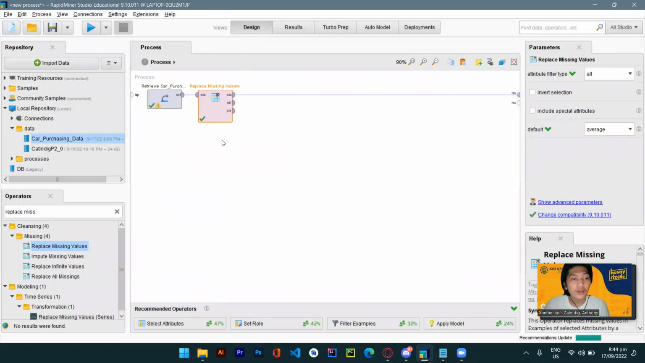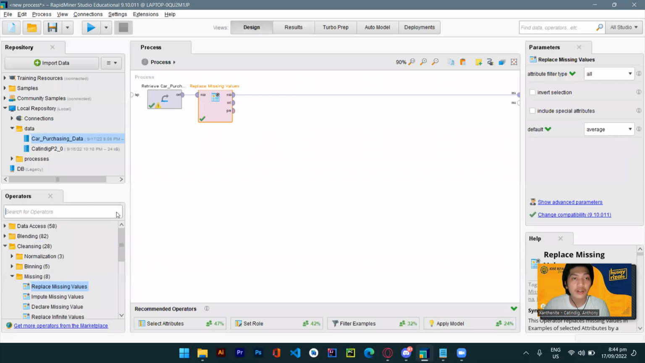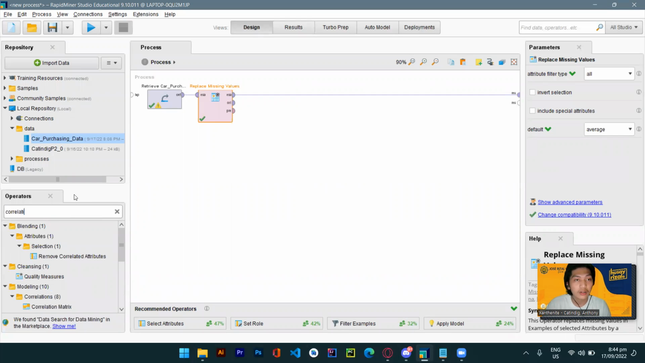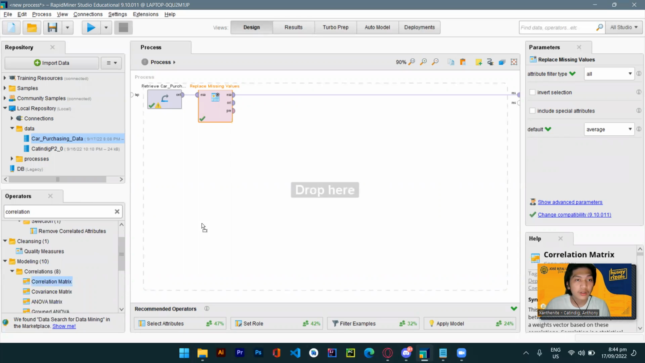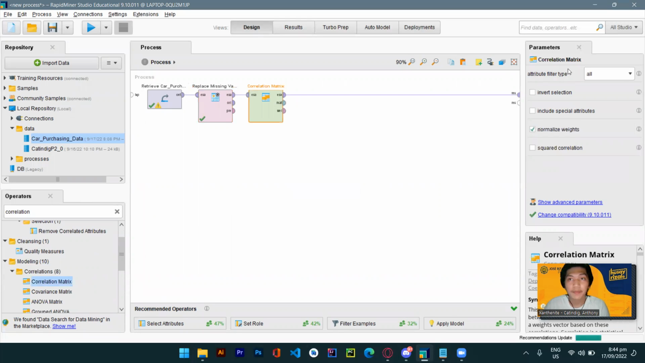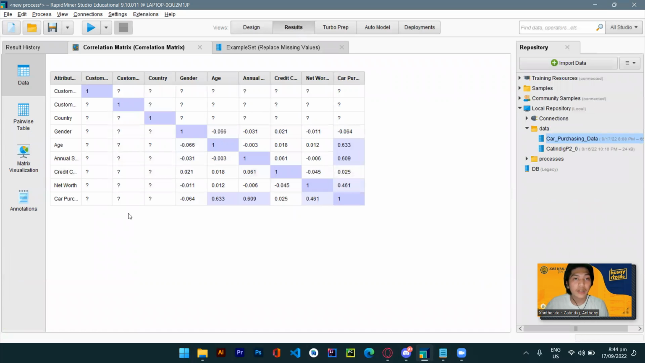Next we are going to get the initial correlation matrix. So let's search correlation matrix. Then let's leave it like that. Then let's connect the math to the result. And as we can see here, for the car purchase amount,